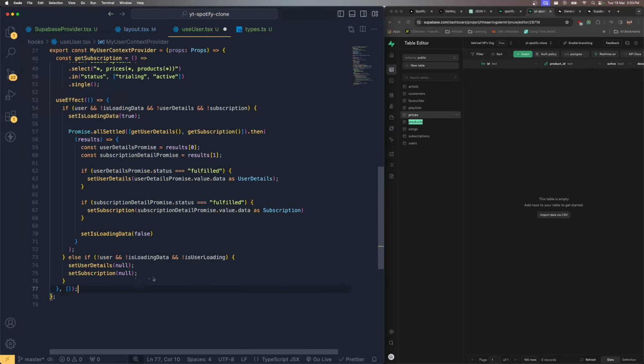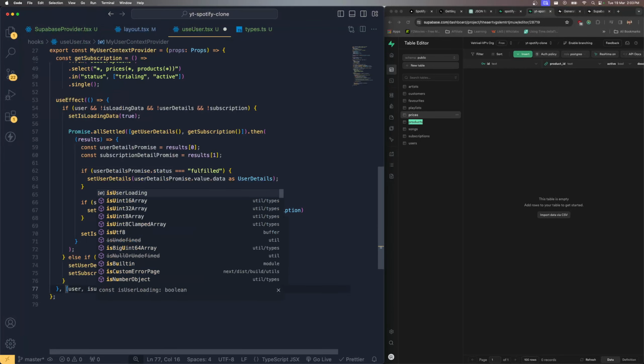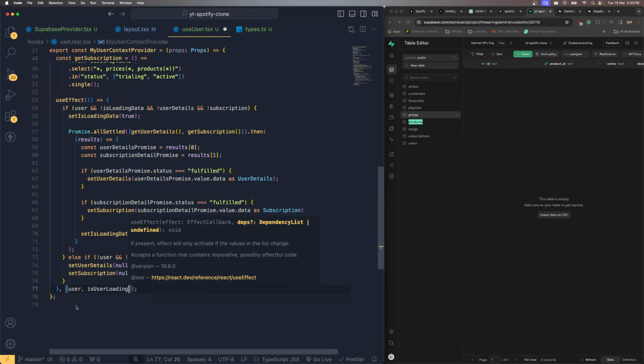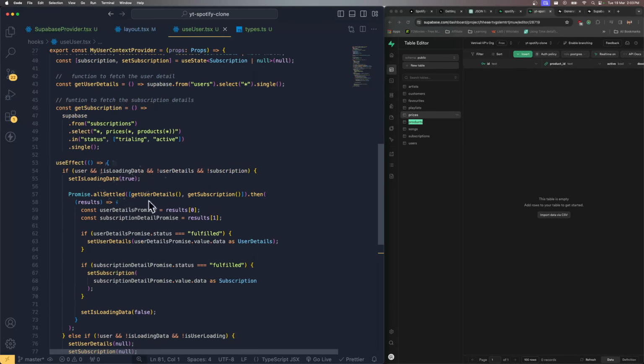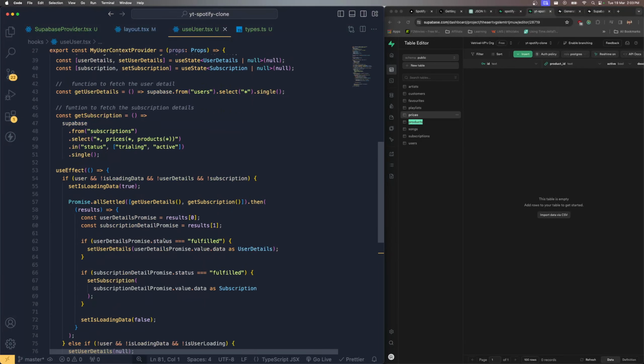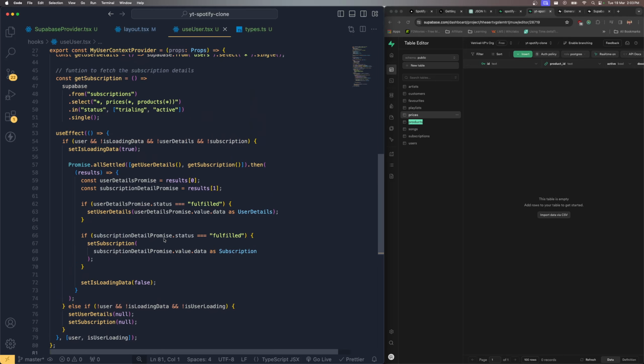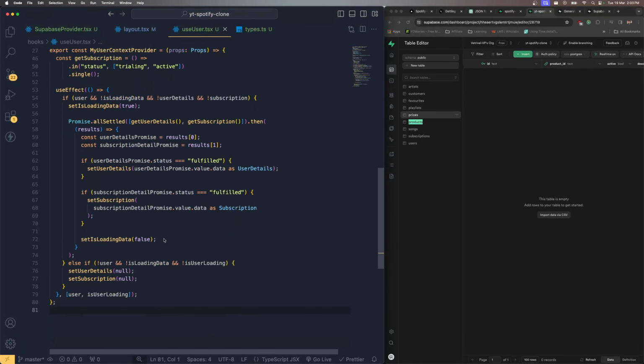Now the loading state will become false, and the details and everything will be done, and this should be re-rendered every time there is a change on user details and whenever there is a change on the is user loading state also, right? So save these changes. Now we don't have any type error on all these things, so make sure that you typed it properly, right? So pause the video, or either listen to it completely first, then pause it, then type it without any mistakes over